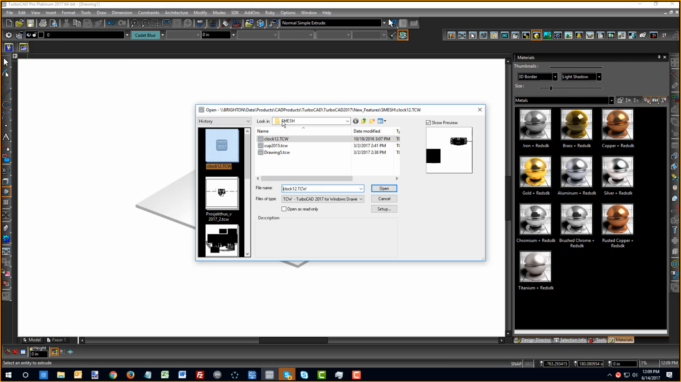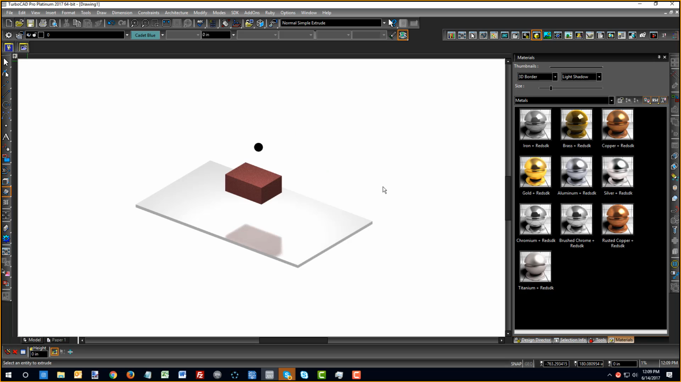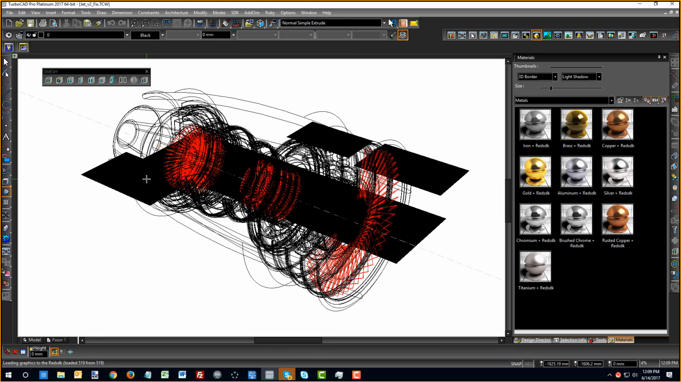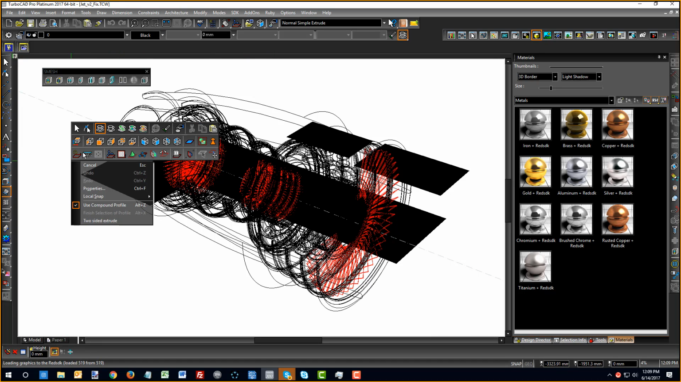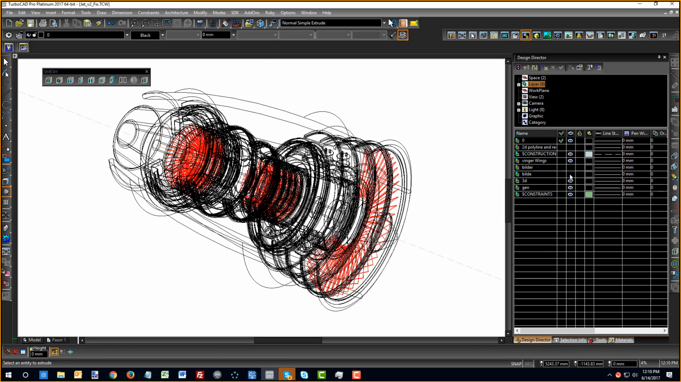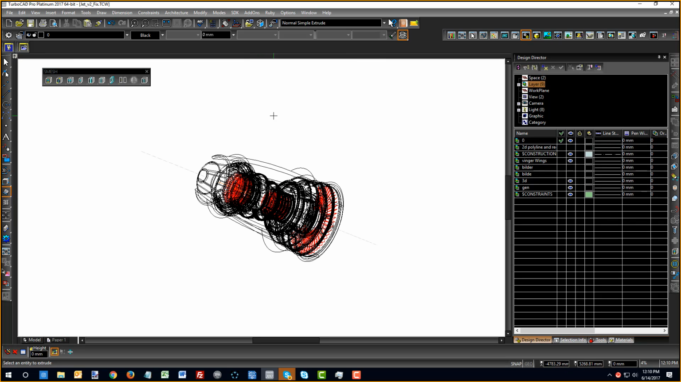If I open this, this is the jet engine that I downloaded from the web, from the user forum. I won't go through rendering it, it'll take a long time to do that. We've got a couple of layers here that I can turn off. But what I do want to point out is that you can go through this file and kind of reverse